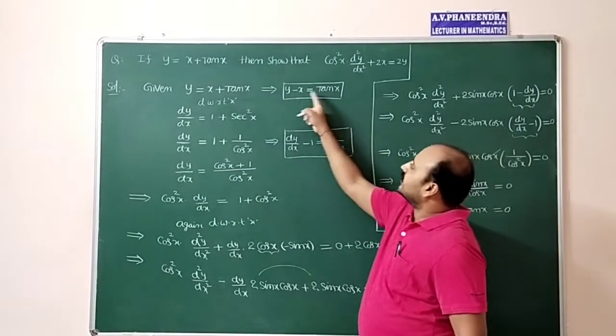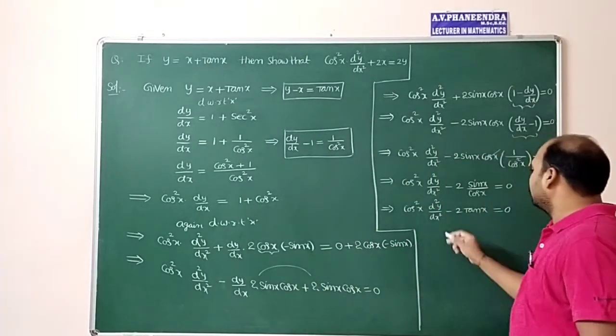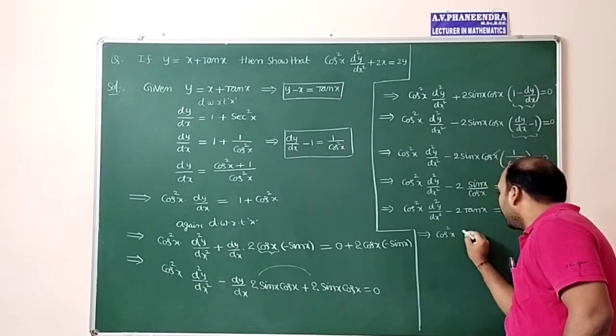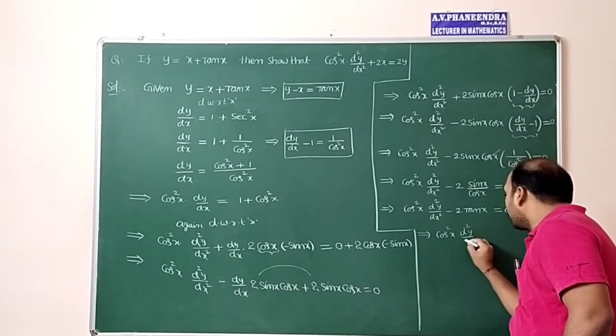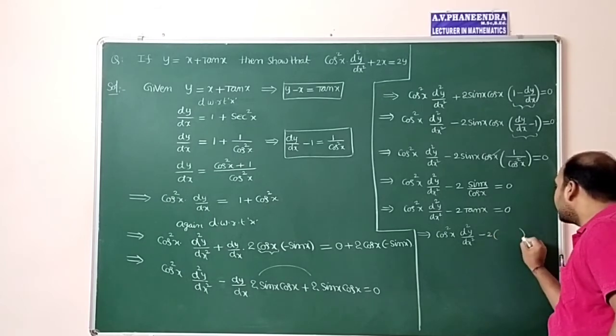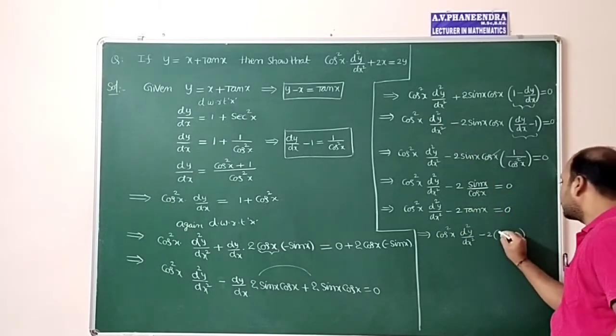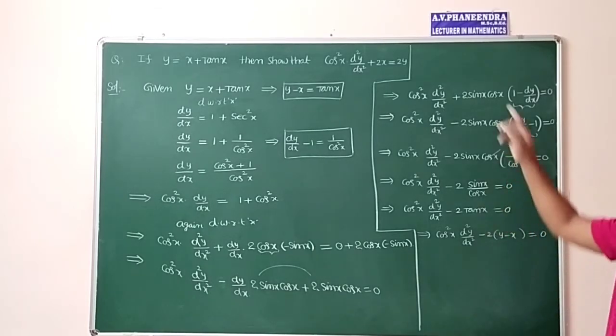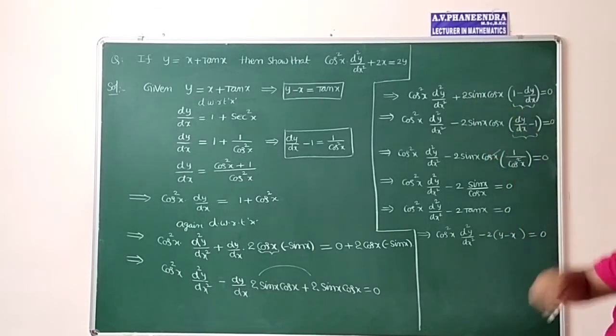In place of tan x, y minus x, you have to write cos square x into d square y by dx square minus 2 into, in place of tan x, y minus x, is equal to 0. But they are asking to prove cos square x into d square y by dx square